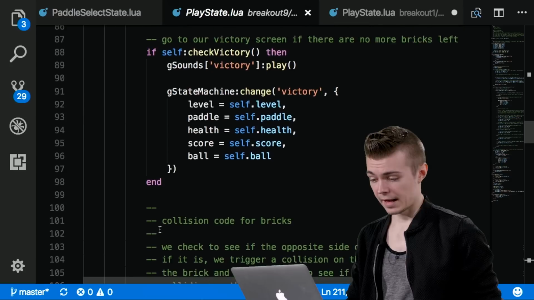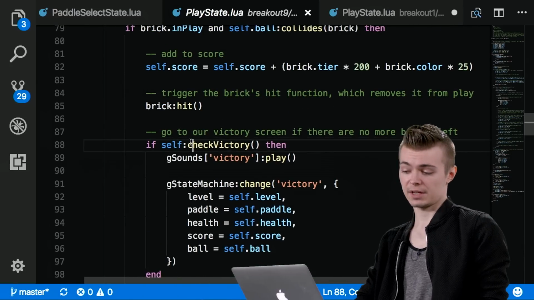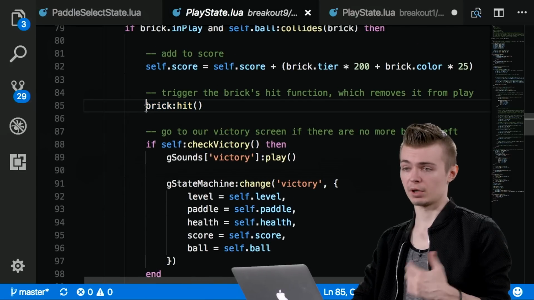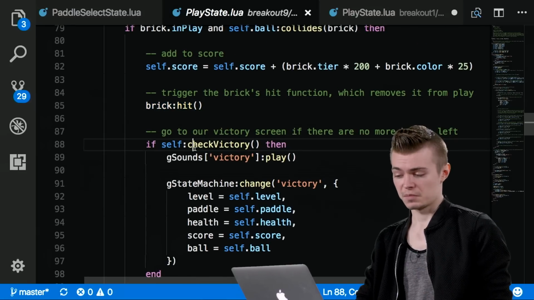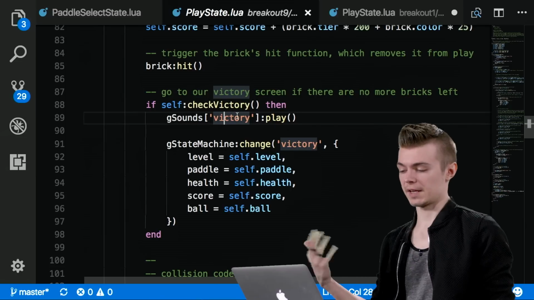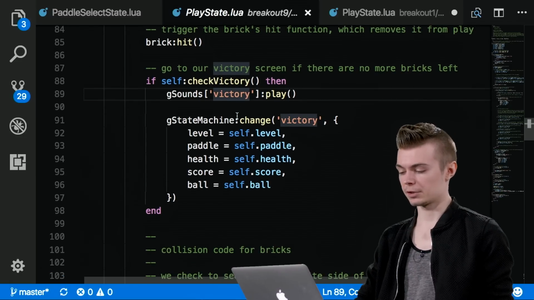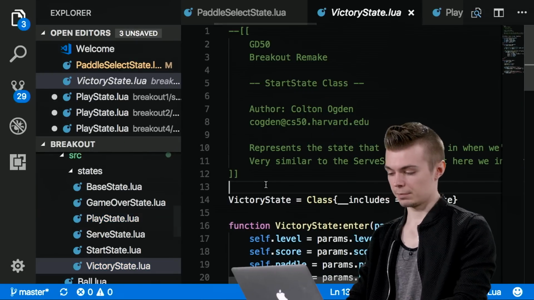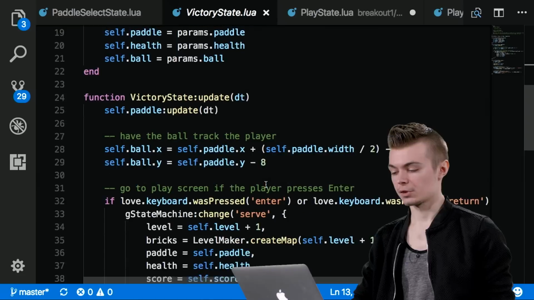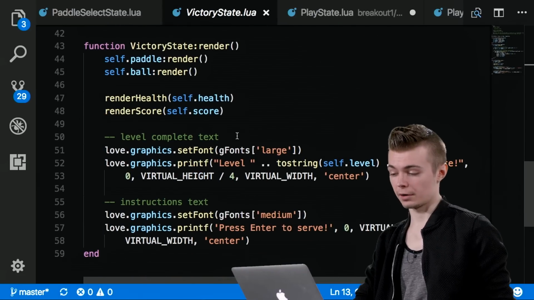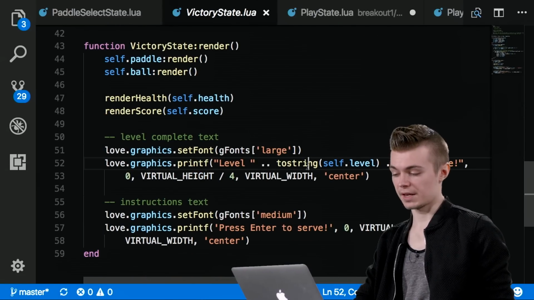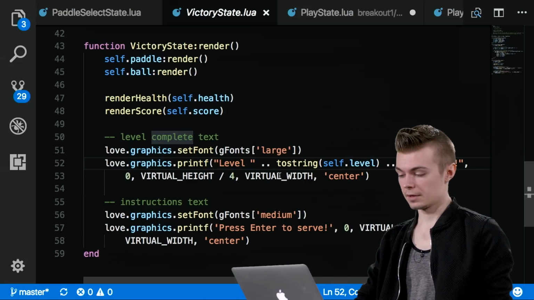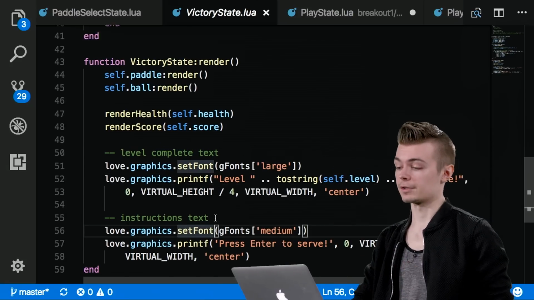And so on line 88 of the same file in our play state, we're just checking, hey, self.checkVictory after we do any brick hit, because that's when we've just set a brick to in play is false. If so, play a new sound, like a happy sound that we've had a victory, and then pass everything into the new victory state that we have here. And the victory state is simply a message state. So all it does is render everything as before, but it says your current level complete, right? Self.level complete, and then press enter to serve,